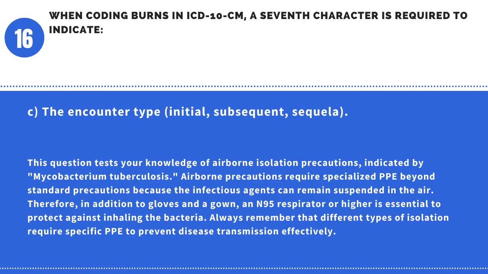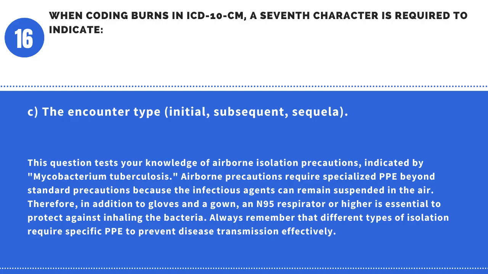Answer. C. The encounter type, initial, subsequent, sequela. This question focuses on the requirement for a seventh character in certain ICD-10 CM codes, specifically for burns. For most injury codes, including burns, a seventh character must be added to specify the type of encounter, A for initial encounter, while the patient is receiving active treatment, D for subsequent encounter, for routine care during the healing phase, or